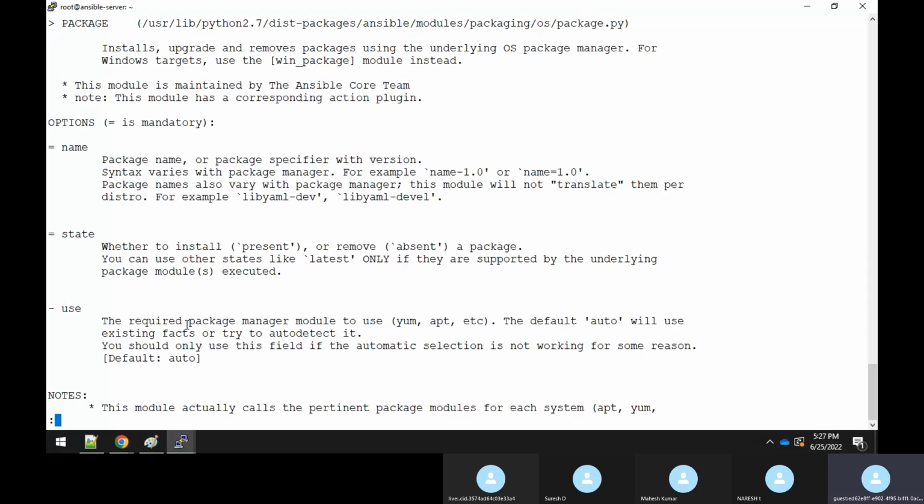Okay, here you can see the required package module, to use yum or apt, etc. By default it will automatically understand. But if a user wants to explicitly mention it, you can say use equals yum or use equals apt, based on the server type. You can do that. So this should only be used if the automatic selection is not working